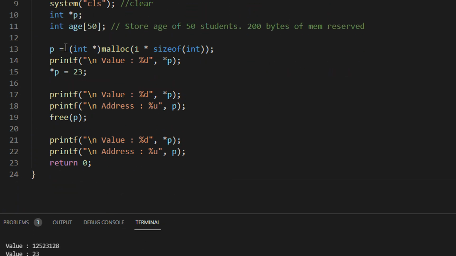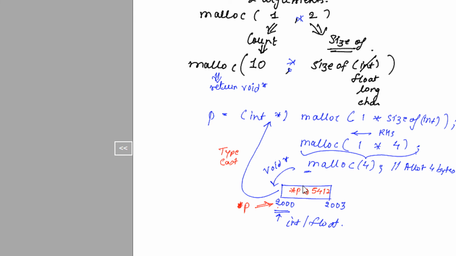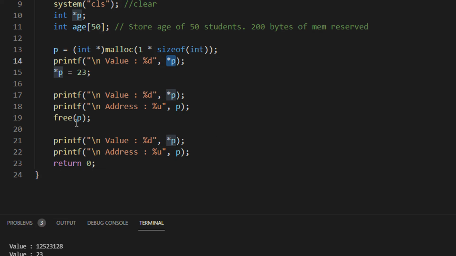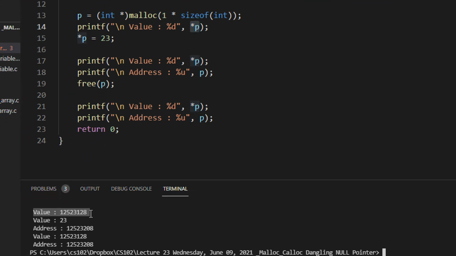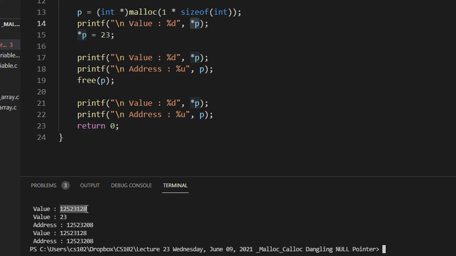So now you can see what I'm doing. I am allocating a memory which is of 1 byte, and then I'm printing the value, right? I'm printing star P. As you can see in the notes, I told you it will have a gibberish value because malloc has this property that it will give a gibberish value at the start, right? So you can see we have a random value here. For star P, you can see here, we have 1, 2, 5, some random value.